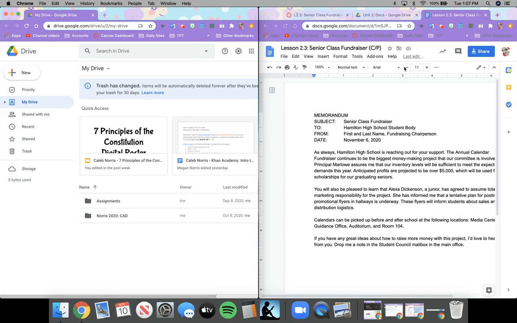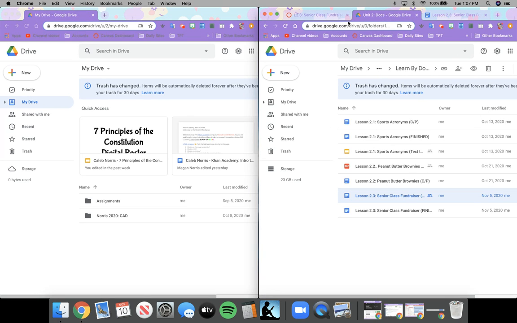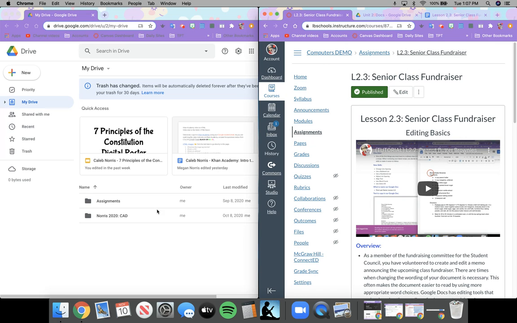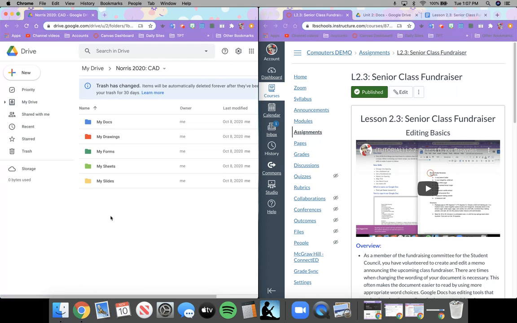All right. So let's see here. I have my drive open on the left-hand side, and I have my activity or my assignment on the right. So I'm going to go ahead and in my drive open my Norris 2020 CAD page. This might be a different year, so it might be 2021 or something like that. I'm going to open up my Docs folder,